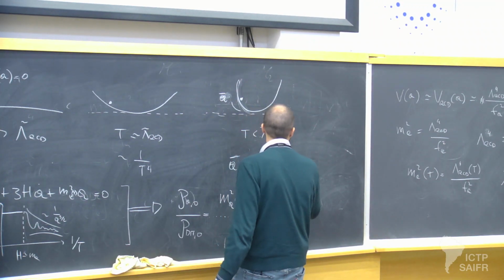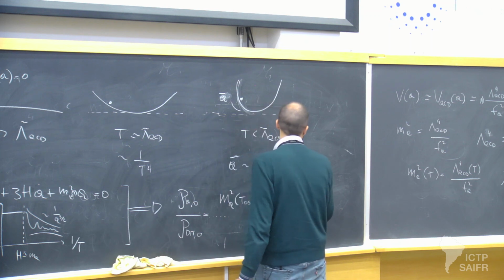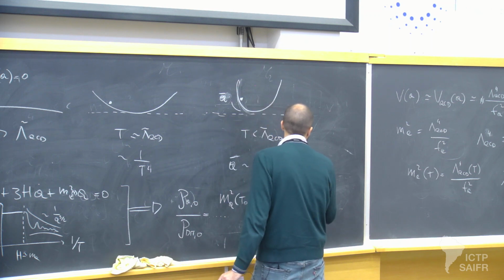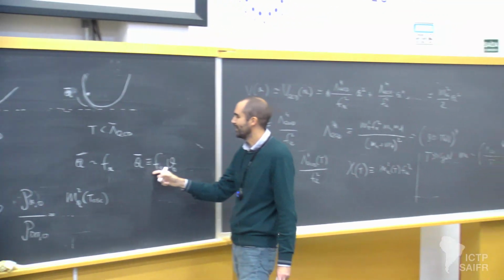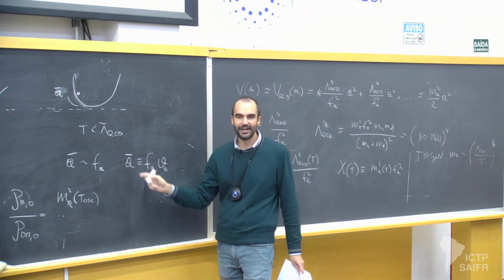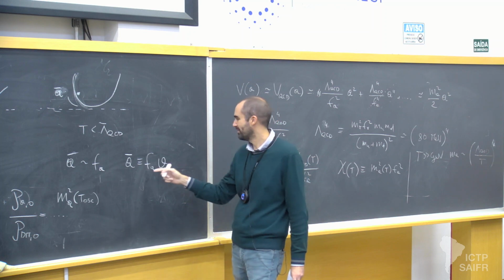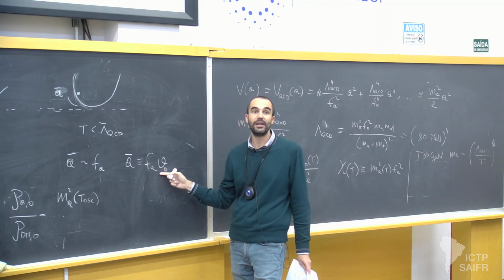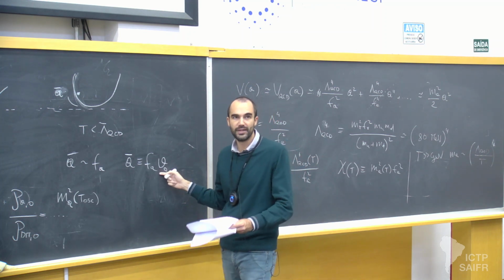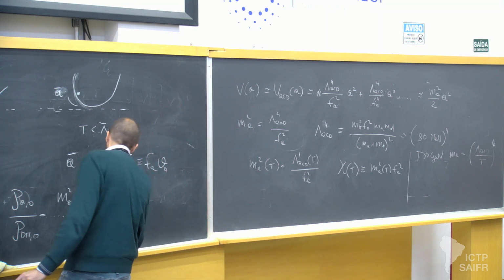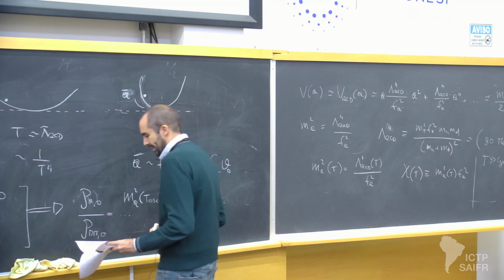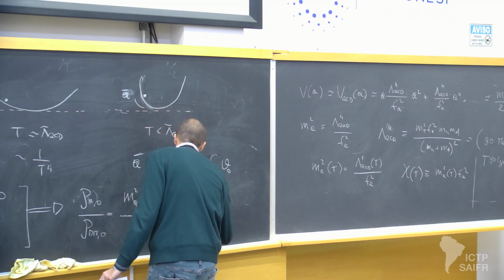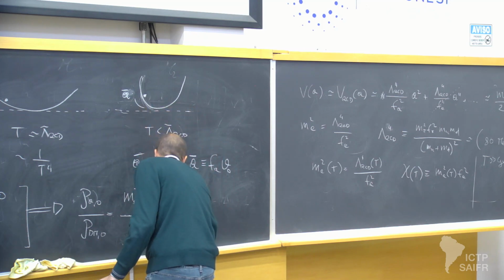And let me parameterize this misalignment as FA times theta 0, okay? This essentially is factoring out the natural estimate and is leaving you a dimensionless parameter to tell you how close you are to the natural estimate. So you have FA squared times theta 0 squared